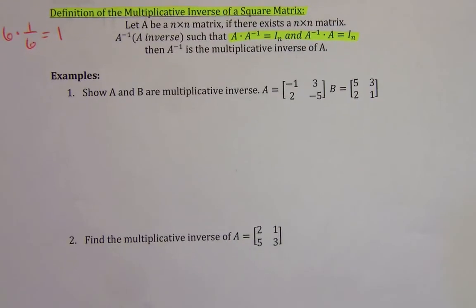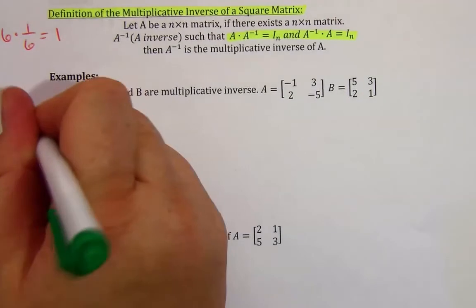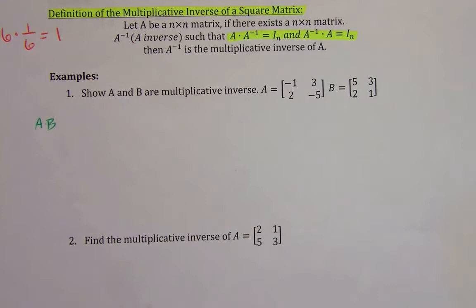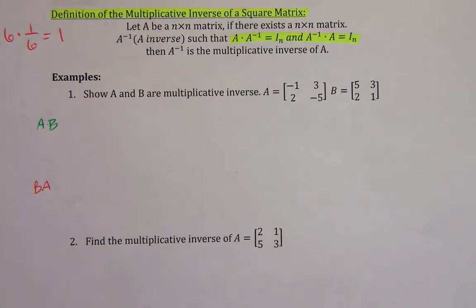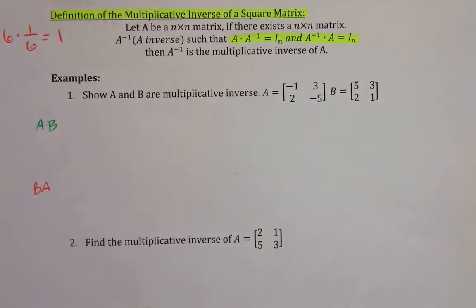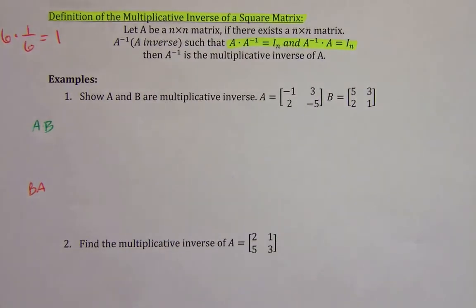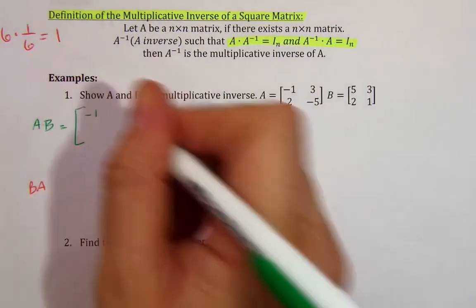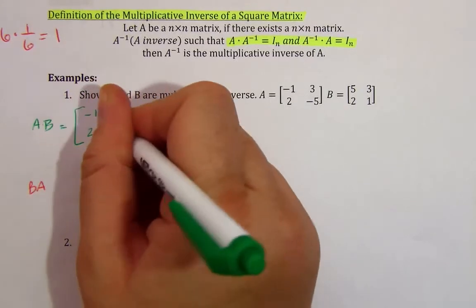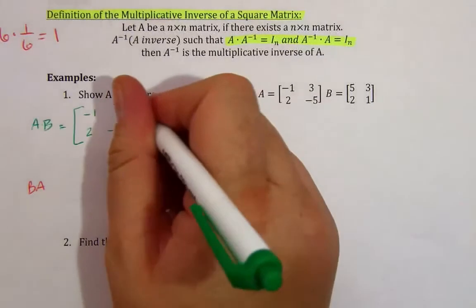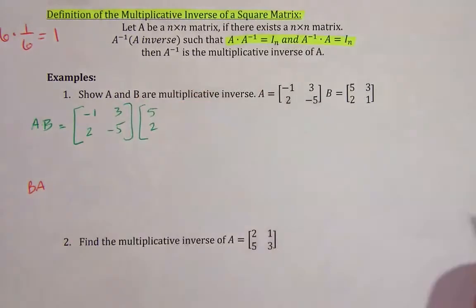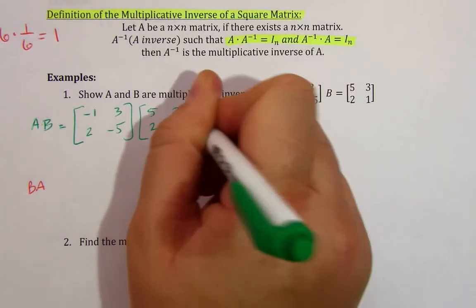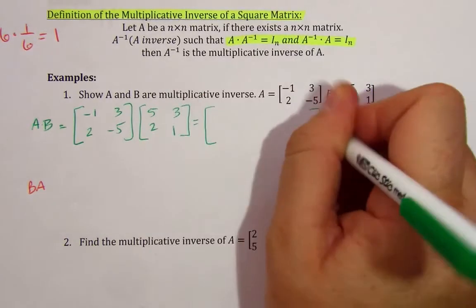So it says show A and B are multiplicative inverses. So what we need to do then is multiply A times B, and then we also need to multiply B times A. And if both of those are equal to the identity matrix, then that's showing that they are inverses. So let's multiply A times B, and multiplying them,